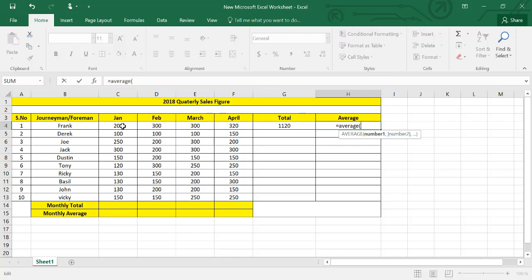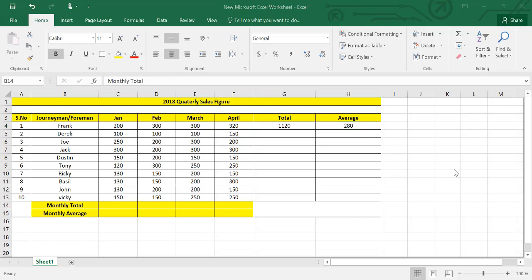For example, this, control this, control this and control this. You can simply drag it from here to here, or you can select individually by pressing the Control key on the keyboard, and then close the parenthesis and press enter. You will see the average of all these 4 values in this column.